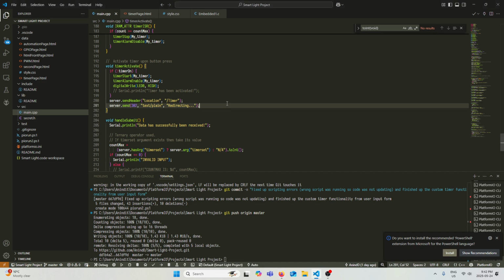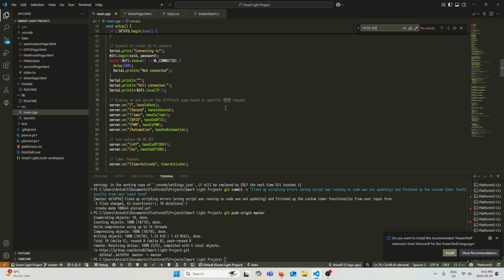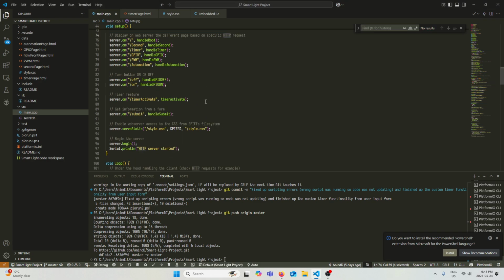The thing, number one, also another thing I'm confused about is, yes, because we set it to HTTP any, right? Get request.